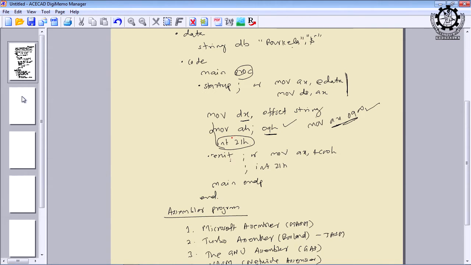But dot exit, dot startup, main, code, string, data, stack, model, small, all these are the reserved words, and they serve as the assembler directives. As I told you, there are so many assembler directives used, but among these are the common ones you have to remember.